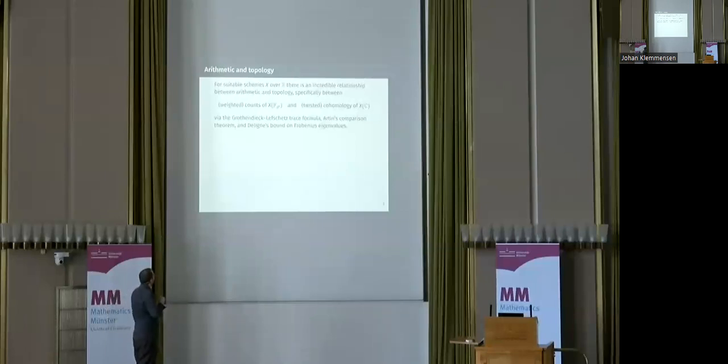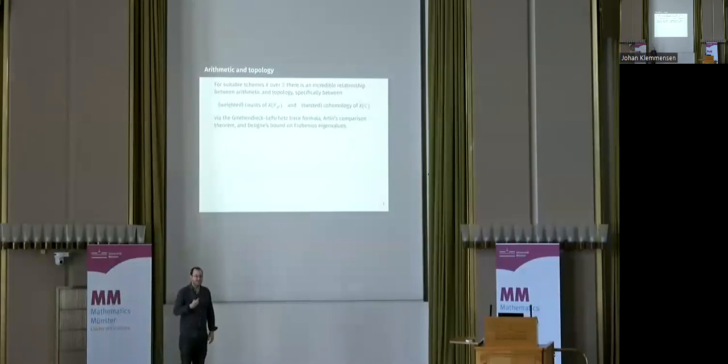So that's the version without brackets, and the version with brackets is that you can do weighted point counts on the left-hand side if you're happy to do cohomology with local systems of coefficients on the topological side. This is an enormous and non-obvious edifice that's built on all sorts of parts of the algebraic geometry of the 60s and 70s. It uses the so-called Grothendieck-Lefschetz trace formula. It uses Artin's comparison theorem to relate so-called étale cohomology with topologist's cohomology. And then it uses Deligne's bound on Frobenius eigenvalues to get rid of something that would otherwise be incomprehensible.